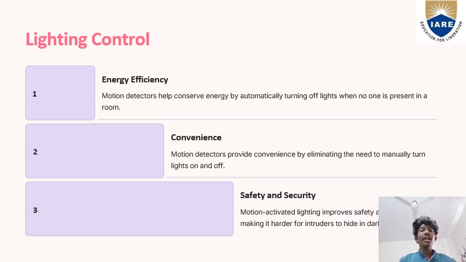Lighting controls and energy efficiency. Motion detectors help conserve energy by automatically turning off lights when no one is present in the room. Second one is convenience. Motion detectors provide convenience by eliminating the need to manually turn lights on and off. And security: motion detector lights improve safety and security,